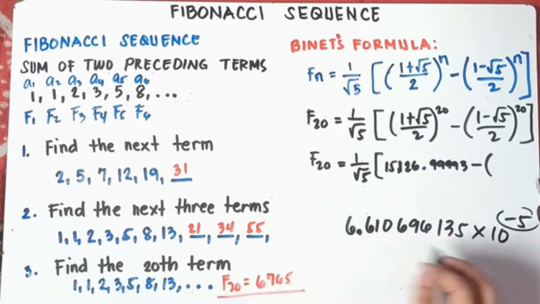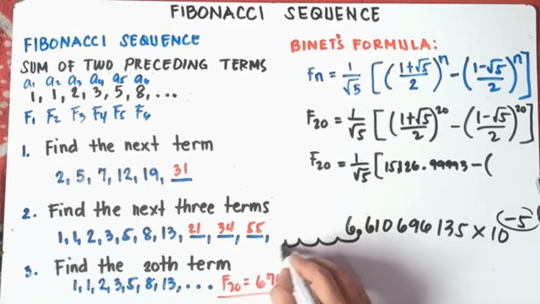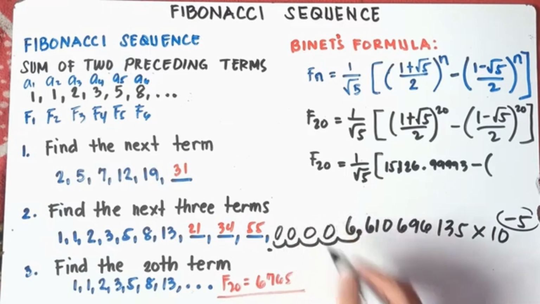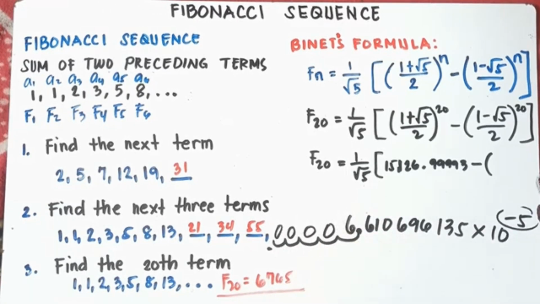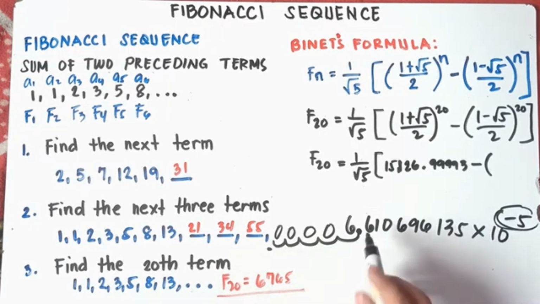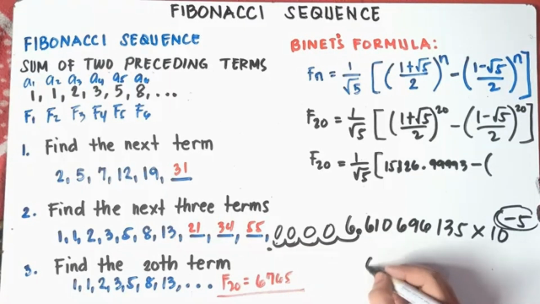Now, since this is negative, therefore you move to the left 5 times. 1, 2, 3, 4, 5. That's it, and then you will add 4 zeros. So do not be worried, class. If you see an answer with a scientific notation, do not be worried about that. If this is negative 5, you move 5 units to the left. If this is positive 5, you move 5 units to the right, starting from the decimal. So 1, 2, 3, 4, 5. So therefore, our answer will be